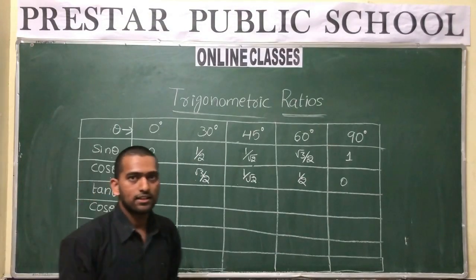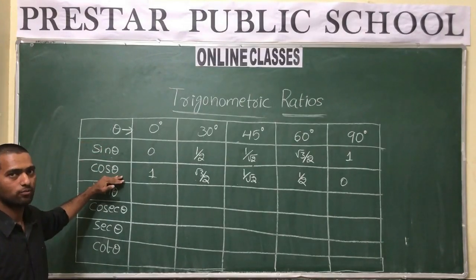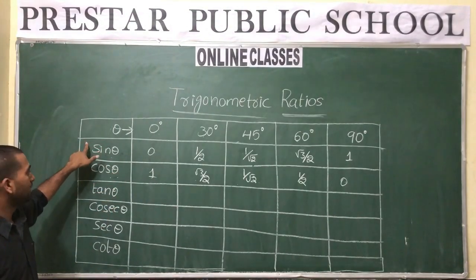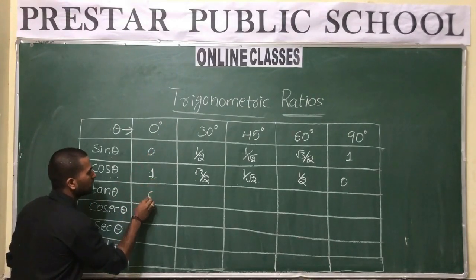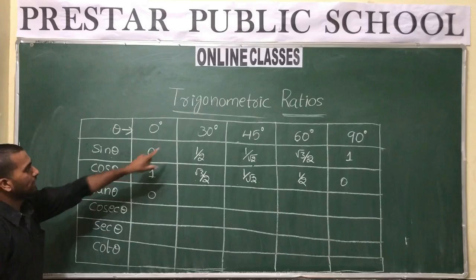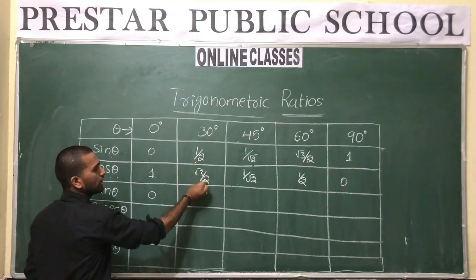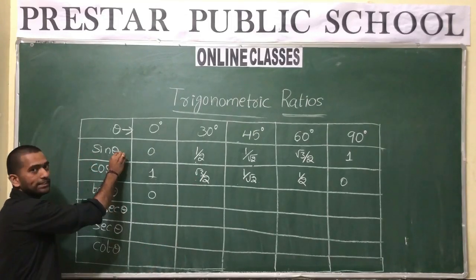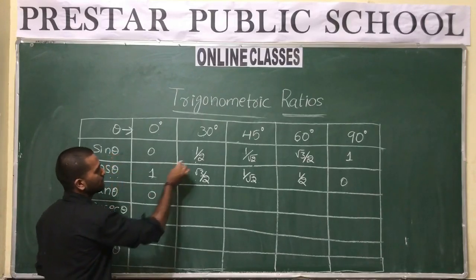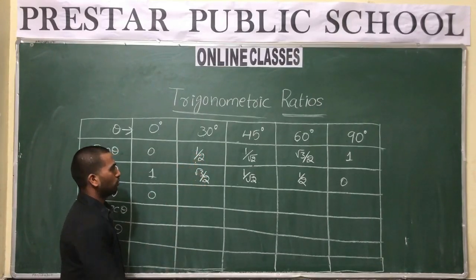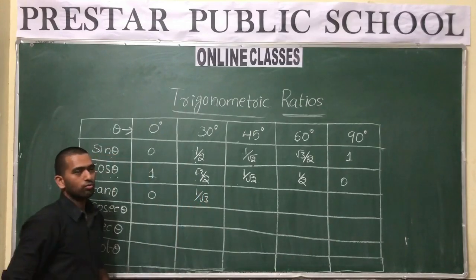And in the previous class, I told you the tan theta formula. Tan theta is sin upon cos, yes or no? It means tan theta is sin divided by cos. So 0 upon 1 is 0. And here, tan 30: what is the sin 30 value? 1 upon 2. Cos 30 value is root 3 upon 2. If you divide sin theta by cos theta, then you will get tan theta. Now sin upon cos means 1 upon 2 divided by root 3 upon 2. Here 2 gets cancelled. What is the remaining value? 1 upon root 3. So tan 30 is 1 upon root 3.